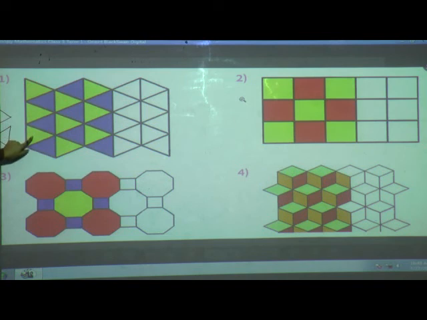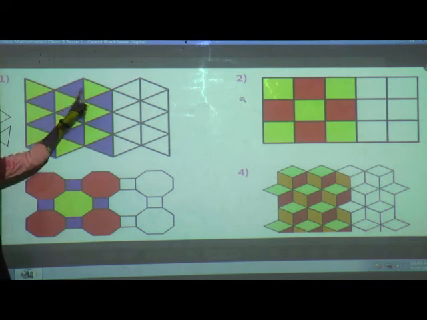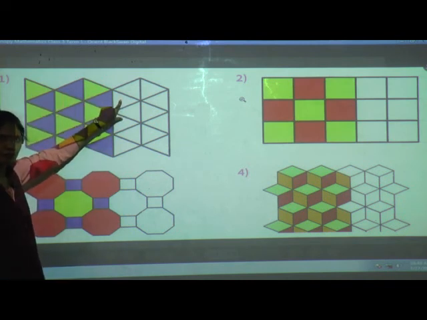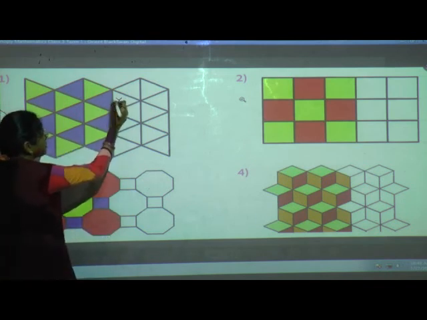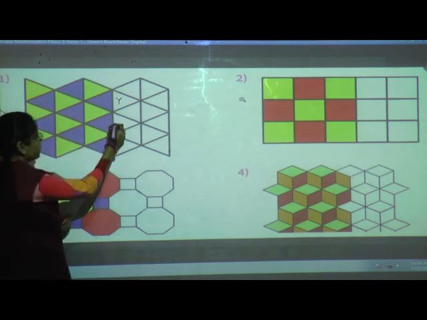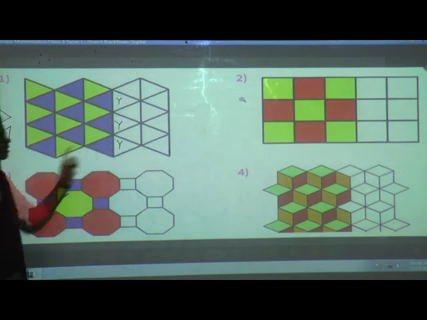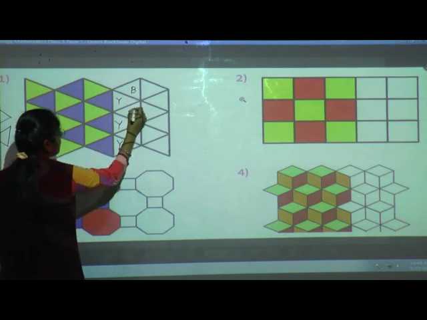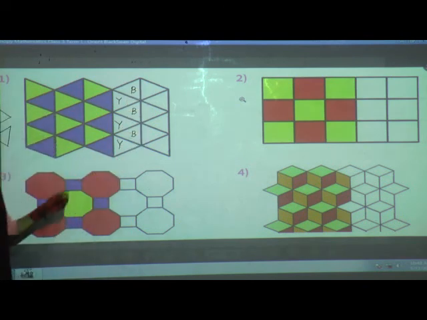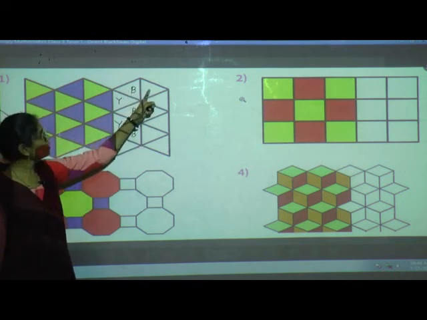See these yellow triangles, one line of yellow color, then blue color, yellow, blue, meaning alternate yellow and blue color is there. So yellow blue, yellow blue, yellow blue, which color will come here? Yes, here yellow color will come. So you have to give yellow color here. Then see this full line, yellow, yellow, this is also yellow. After yellow, blue color is there, isn't it? So you have to give blue color here. I am not going to color it, you have to color in your textbook. After blue, again yellow color.